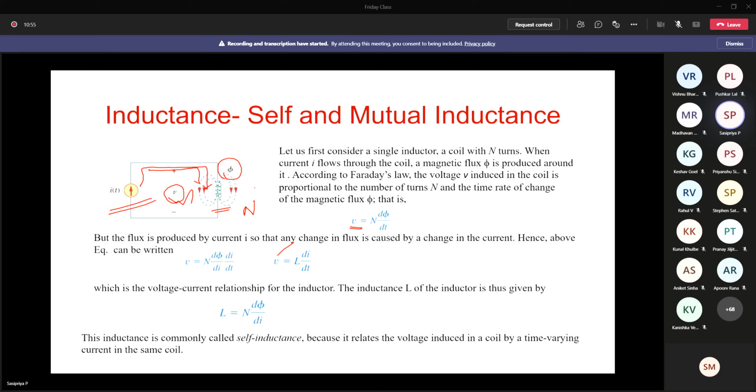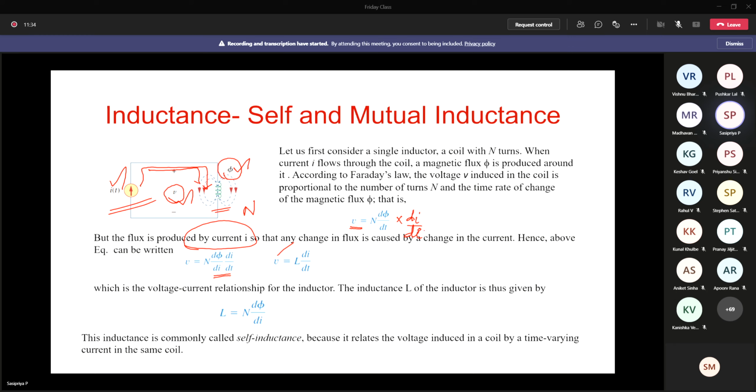Faraday's law. Now if it is a normal magnet, then fine. Whereas for the electromagnet, who is going to produce this flux? The change in current. So for this electromagnet, the flux is produced by the current. Now the change in current is going to produce change in flux, so this equation can be rewritten like this. Since the current is going to change the flux, we are simply multiplying and dividing this by di.